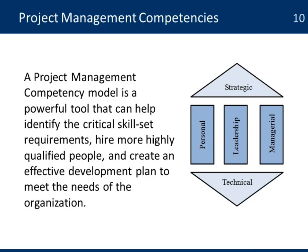The project management competency model is a tool that can help identify the critical skill set requirements. It's also helpful to hire more qualified people. It is a model, again, to create an effective development plan to make sure that it meets the needs of the organization. The model is a way to make sure that you have all the competencies that are needed to